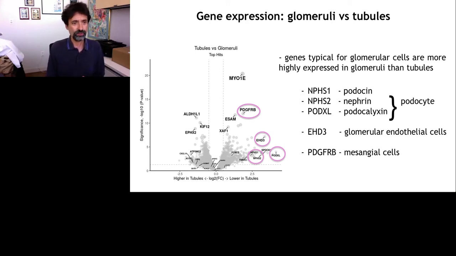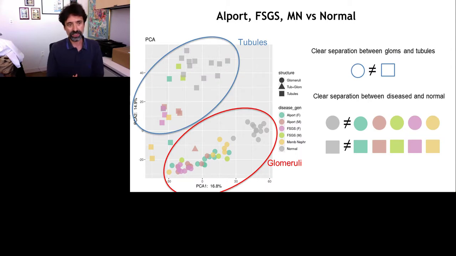We next put together all the tubules and glomeruli from the different patients. And again, we were reassured in seeing that in this principal component analysis, which represents in a two-dimensional way all the different dimensions represented by the expression of each single gene, the tubules cluster differently from the glomeruli. So this indicates that the gene expression profile of the tubules and the glomeruli was different, as predicted, as these are two very different regions with two different structures and different functional